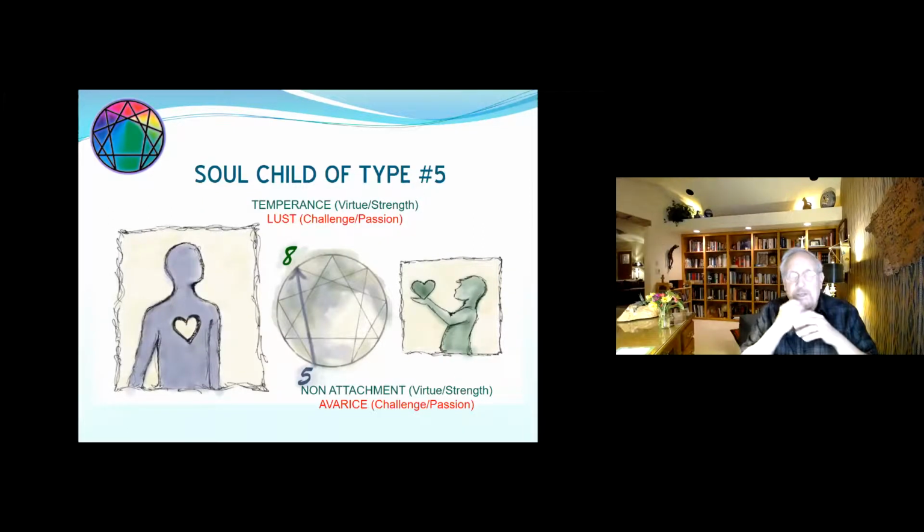Okay. So the soul child of 5 is 8. In the old theory, we would have said that's the place where the 5 needs to go for integration. And that's still true, but this is more nuanced. It's not so much where I go to integrate. I can certainly see aspects of that are true, but it's more where I need to go to remember